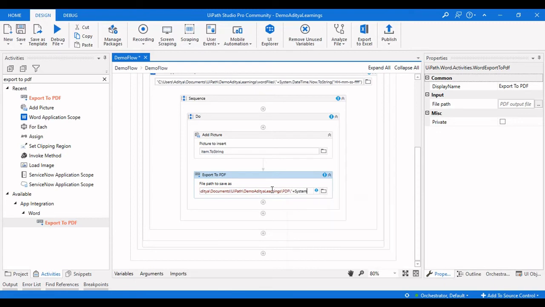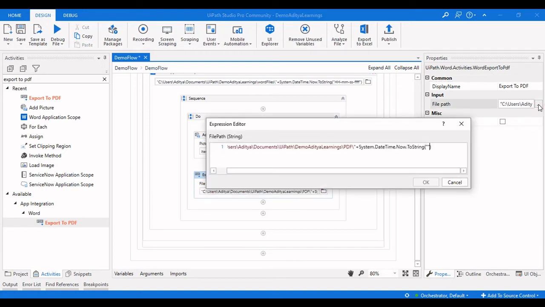We will make this System.DateTime.Now.ToString, and we need to give the format of how we are going to store this date time. I'm going to store this as HH/mm/ss/f.